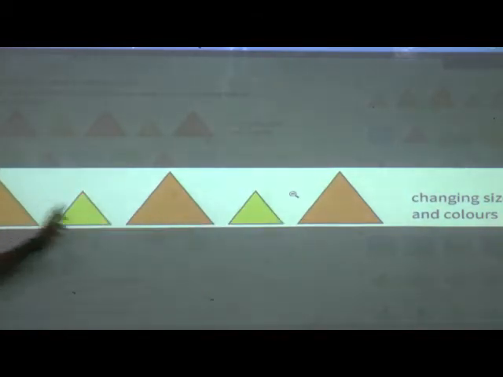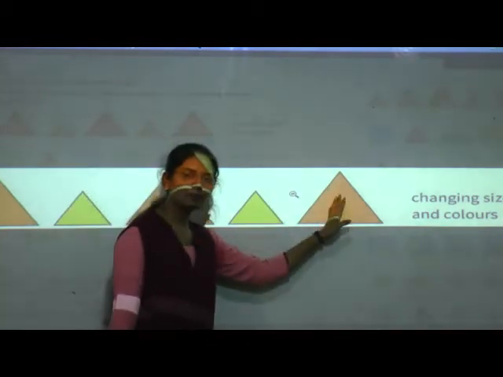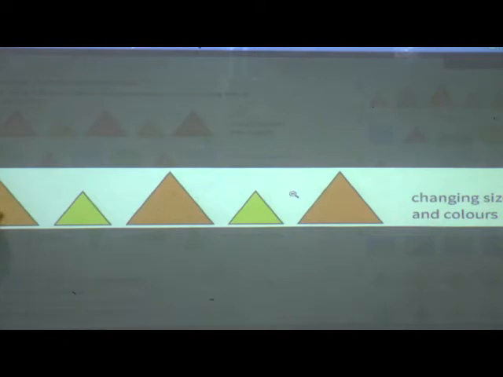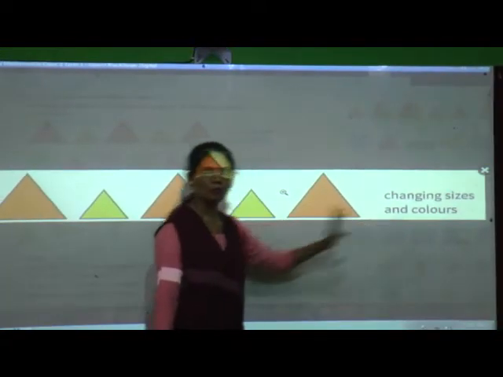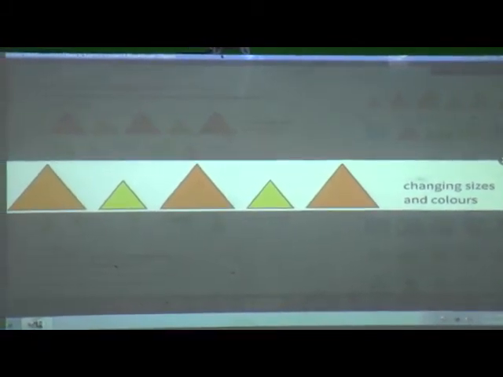Also see the size of the triangle. This is big, one big triangle, one small triangle, again a big triangle, small triangle, again a big triangle. So in this way we can make a pattern by changing size and colors also. Okay, then the next pattern is,